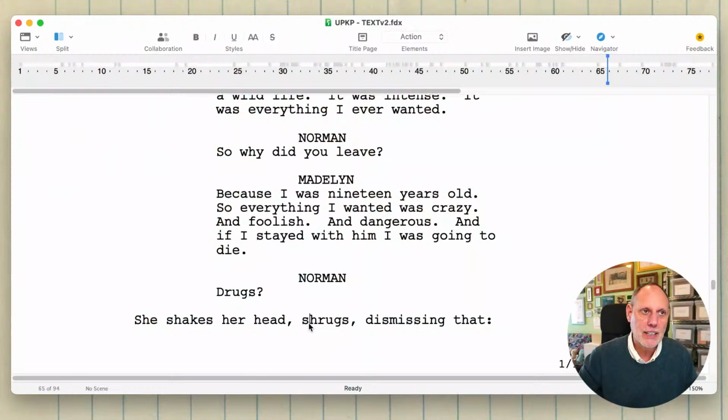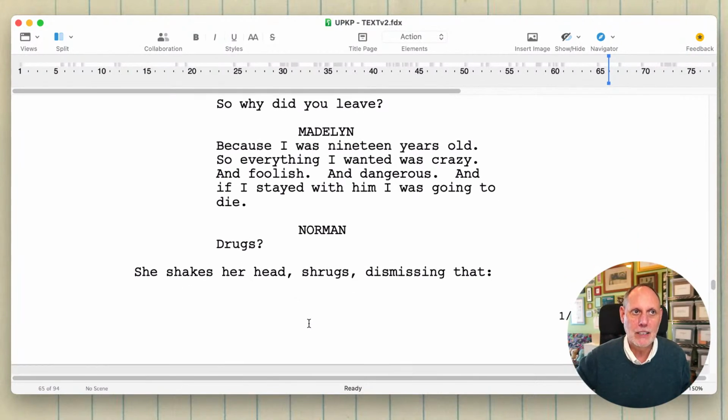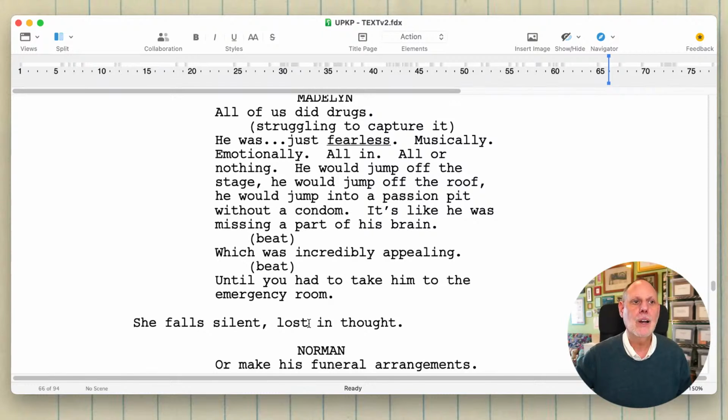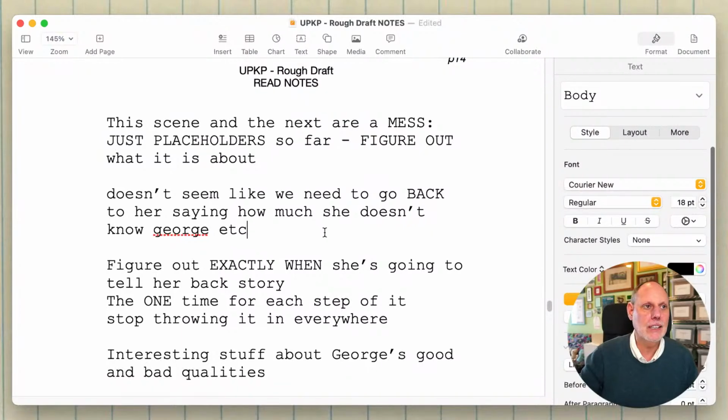One of the main things you want to do when you are doing your rewrite, because during the rough draft, sometimes you'll just throw information in. I often did that here. But now I have to say to myself, which information is really important and which is actually repetitive or unnecessary, and then what's the key revelation here? What's the moment that Madeline is reaching that she has not been at before? And that's the key to these scenes.